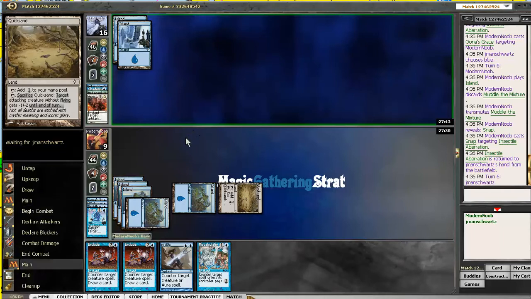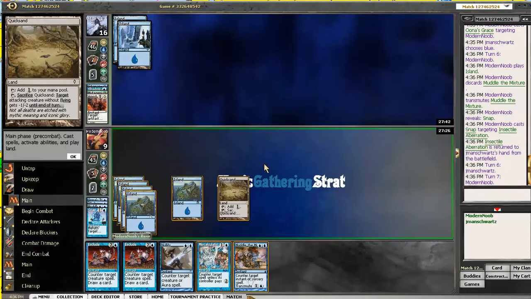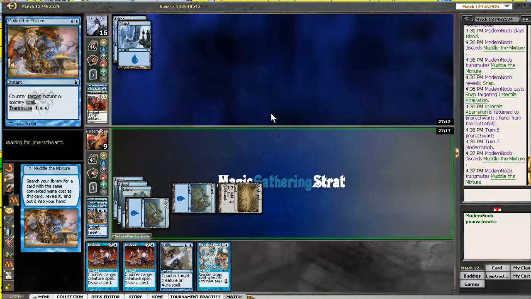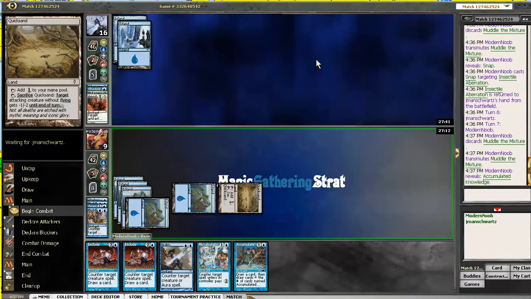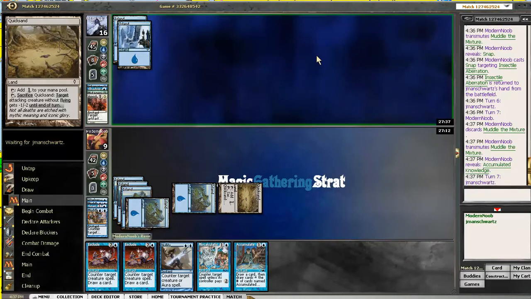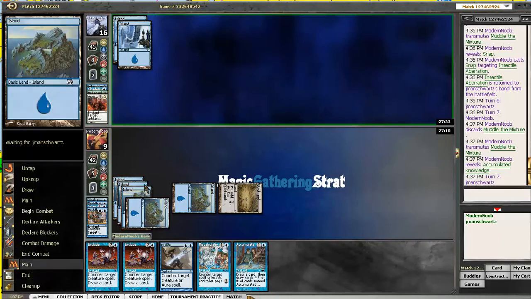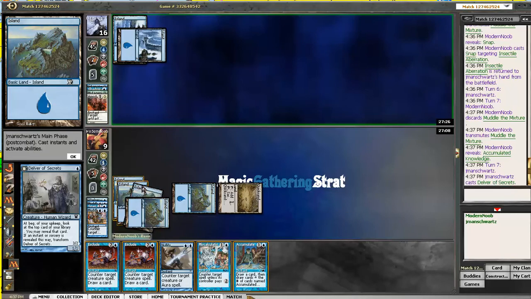Do we cycle Miscalculation at the end of his turn? No, Miscalculation is the nuts now, so we don't. Let's transmute this to Accumulated Knowledge. Where is it? There. Remember Ona's Grace in the graveyard? We don't need to do anything now, so...